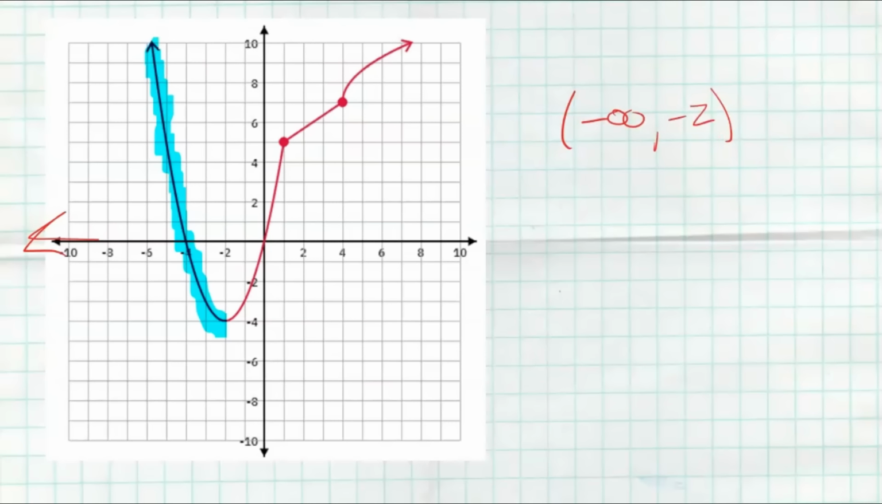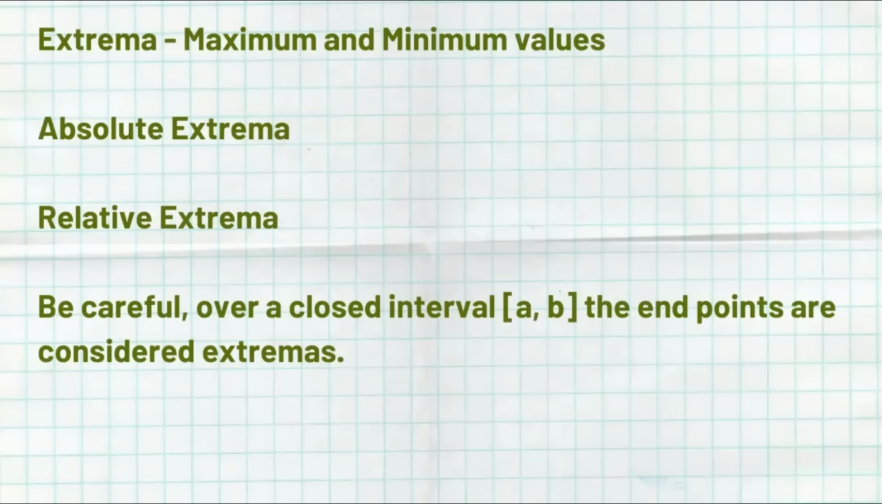Pretty easy to see when we look at a graph. Now, another important characteristic of functions are the maximum and minimums. These are also called extremas. Extrema is just another fancy word for max and mins. Now we have different types. We have absolute extremas. These are values that are absolutely larger than every other value or lower than every